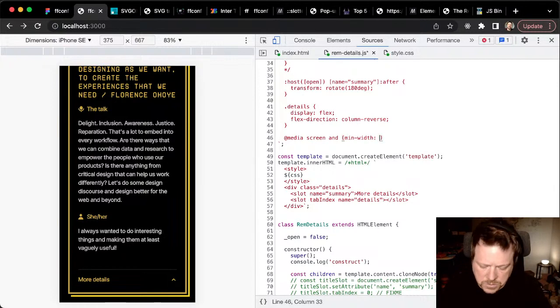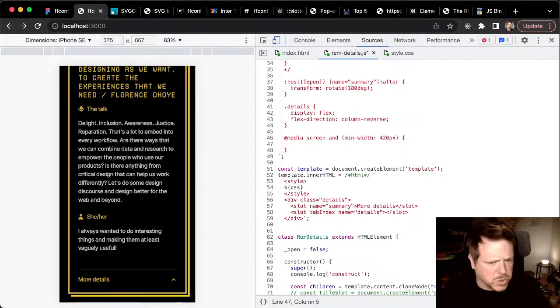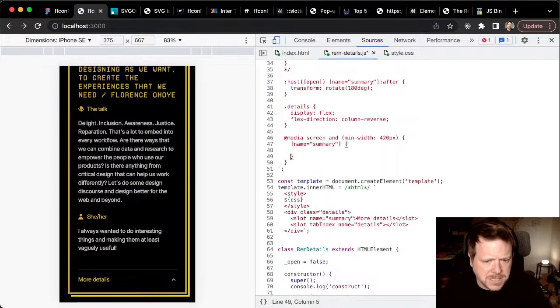I don't know, 420px, and then we'll just do name equals summary, display none, and then